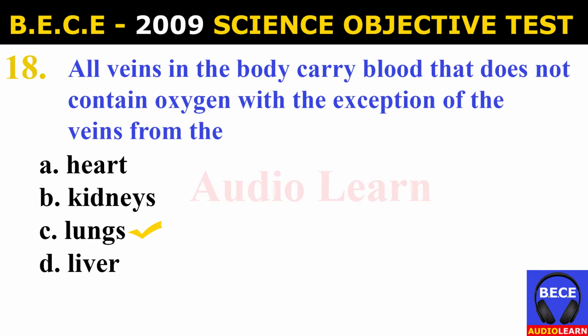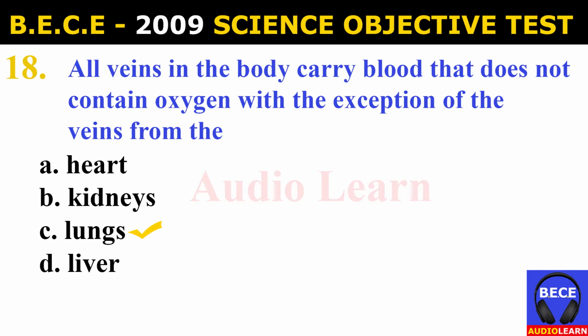Number 18. All veins in the body carry blood that does not contain oxygen with the exception of the veins from the A, heart. B, kidneys. C, lungs. D, liver. And the answer is C, lungs. All veins in the body carry blood that does not contain oxygen with the exception of the veins from the